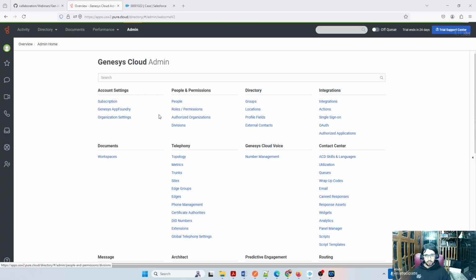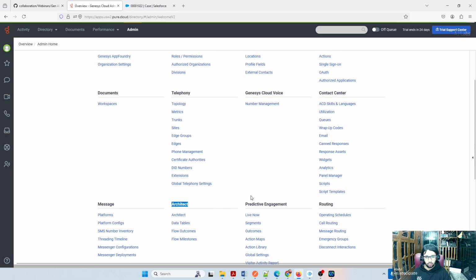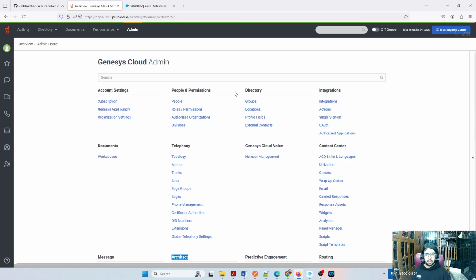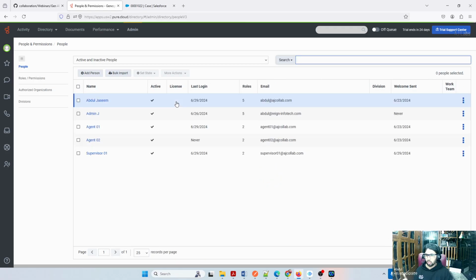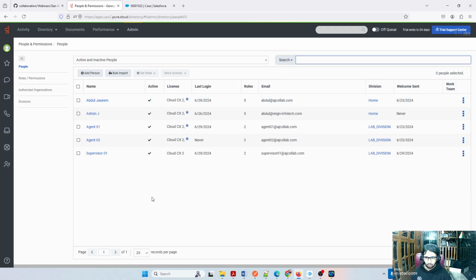There are a few components here like People and Permissions, Integration, and Architect. These are the areas which we will be touching today. In People, it's just like your end users. If you're coming from the Cisco world, we usually call it the end user page. I have a couple of users here, Agent 1, Agent 2, one supervisor, and this user, the admin user, who has access to configure a few other things.